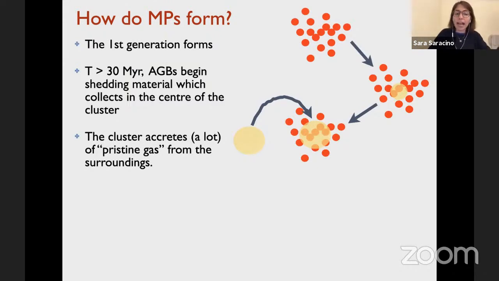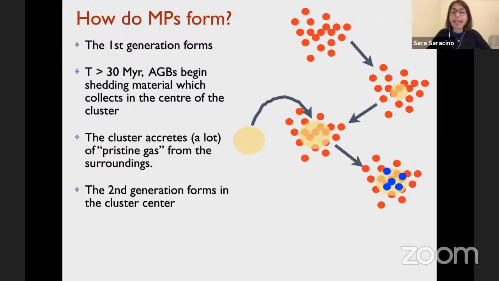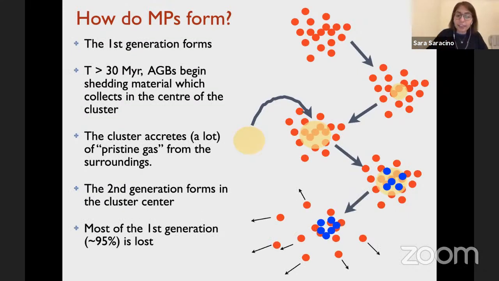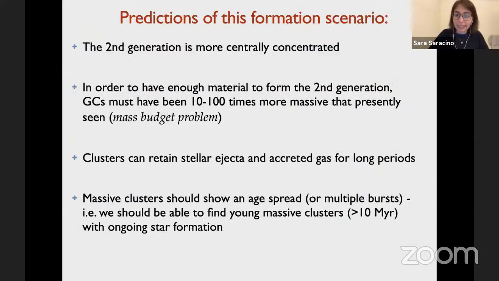So okay, you have this pristine gas that is accreted by these clusters, so that you can form a second generation of stars that is sitting in the cluster center. But after this, again, you don't have the abundance ratios that are observed in the right numbers, so you really need to lose most of the mass that is embedded in the first generation, almost 95% of the first generation of stars, so that you get the abundance ratio right between the first and the second generation. So you see that there are some predictions of this formation scenario, but this is a really ad hoc scenario that can maybe respect some observational constraints, but it fails in